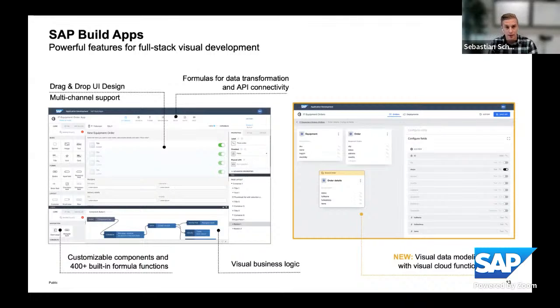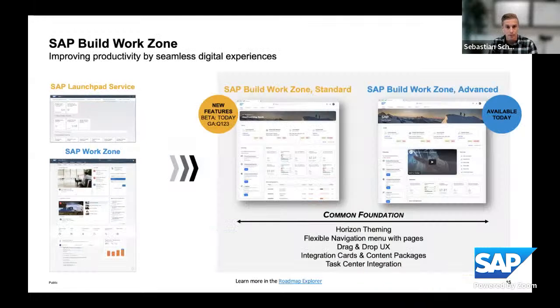If we move to the next slide, we're going to have also a look on SAP Build Workzone. SAP Build Workzone also brings together what was previously known SAP Launchpad Service and Workzone into one experience. That also means what you see here is that those two products became one.